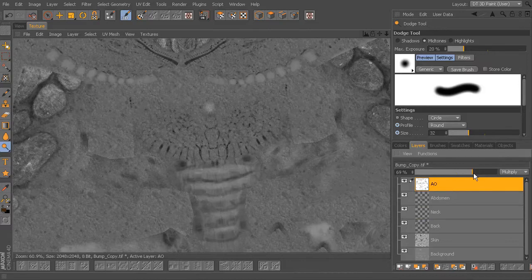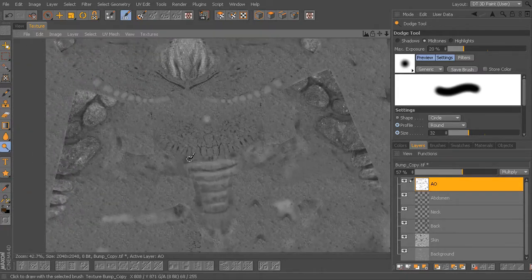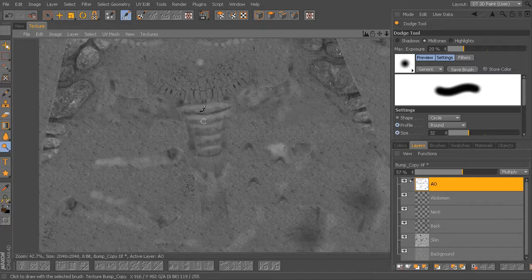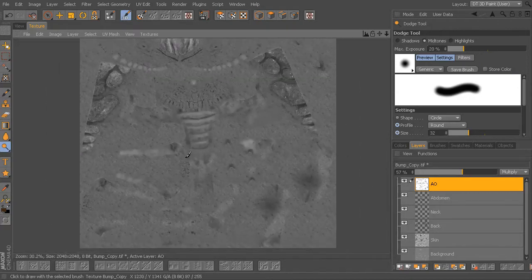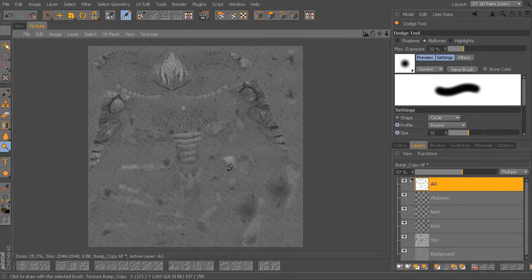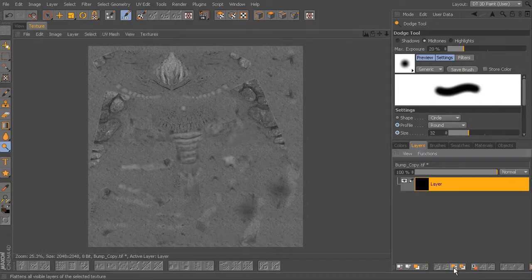I'm going to take the ambient occlusion. Let's dial that down even just a little bit more, just because we're getting a lot of these dark lines between the scales, it's going to try to push those in. I don't necessarily want all of that to happen. All right, so once we've got that the way that we want it,